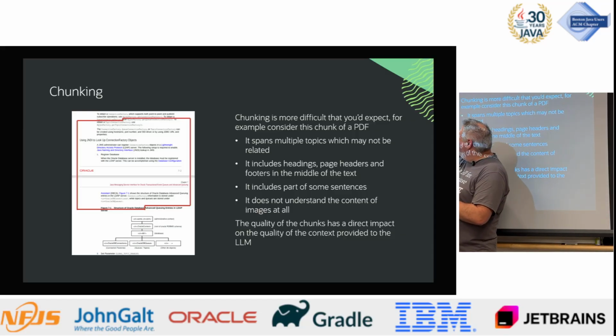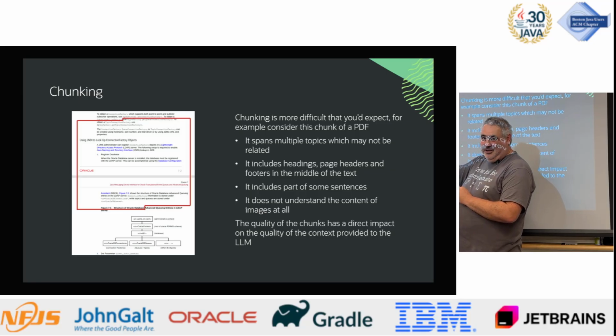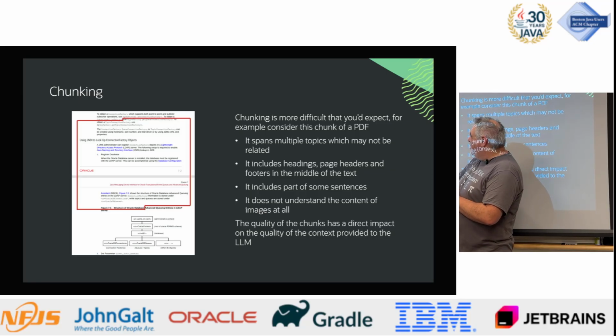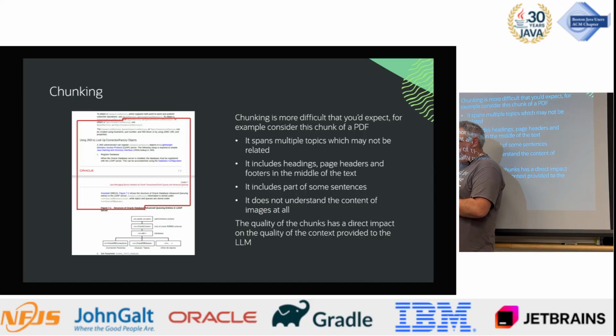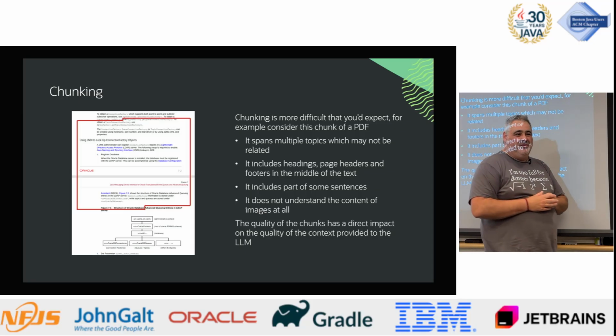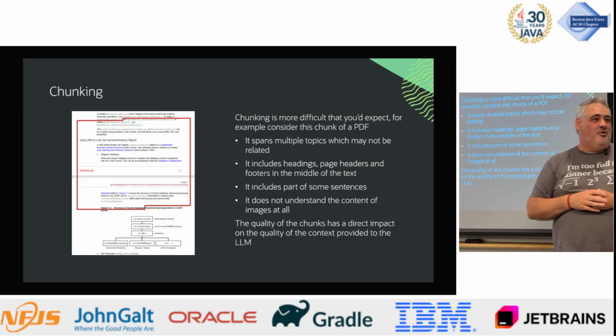You've got some code, you've got headings, you've got half a list, you've got a page number and a footer. This is not in the chunk, but here's an image. A lot of these text models don't understand images. So this is a big mess. If you take that chunk and use it to create a vector, you're just going to have garbage. It's going to be meaningless. You search for something that's similar to that, you're going to find garbage. It's not going to work at all.